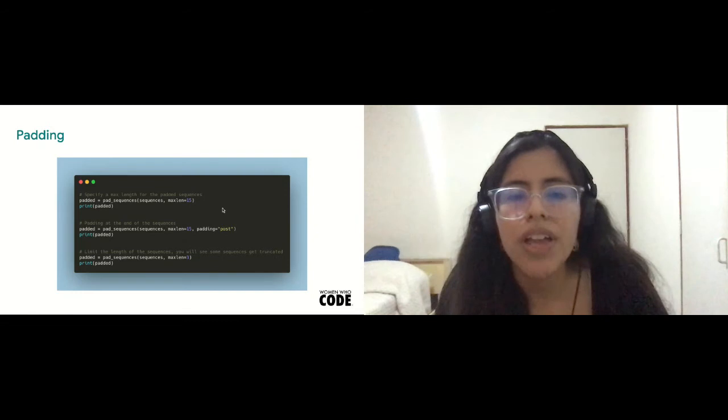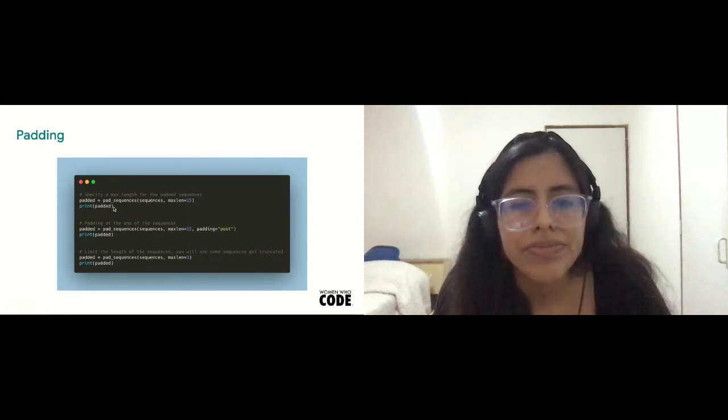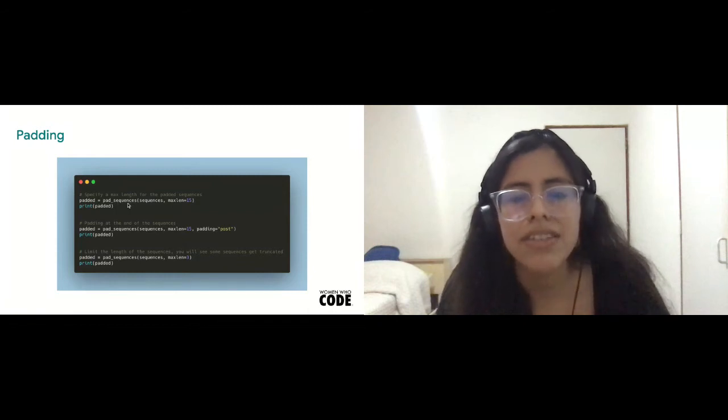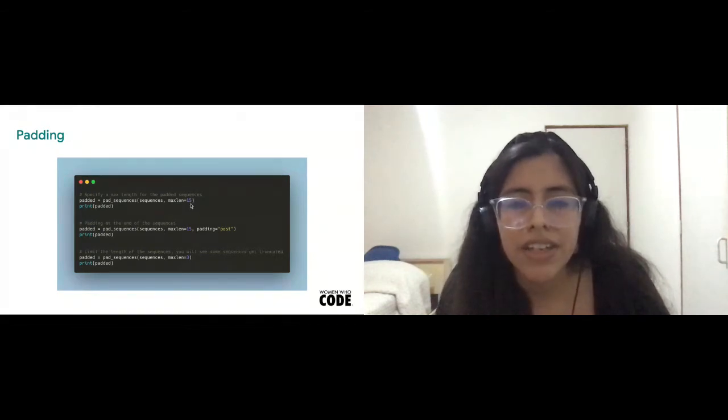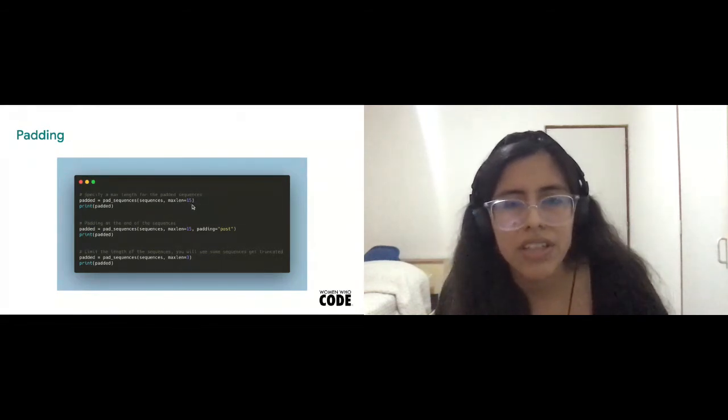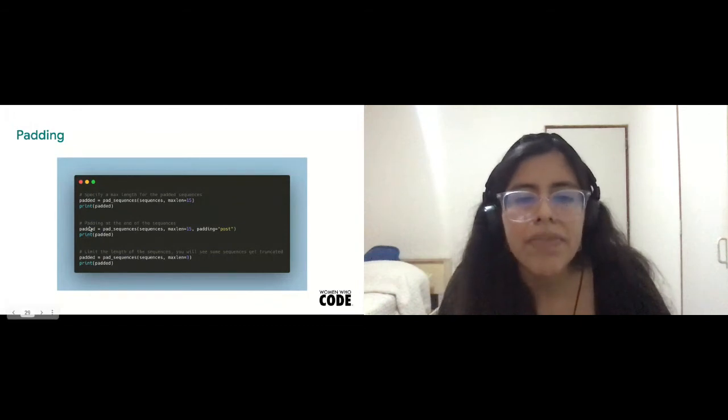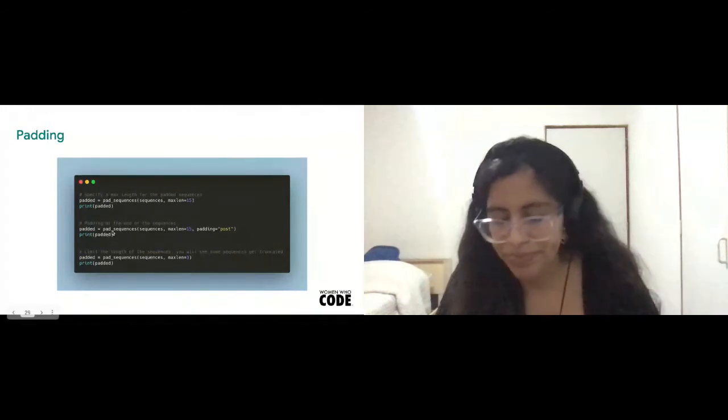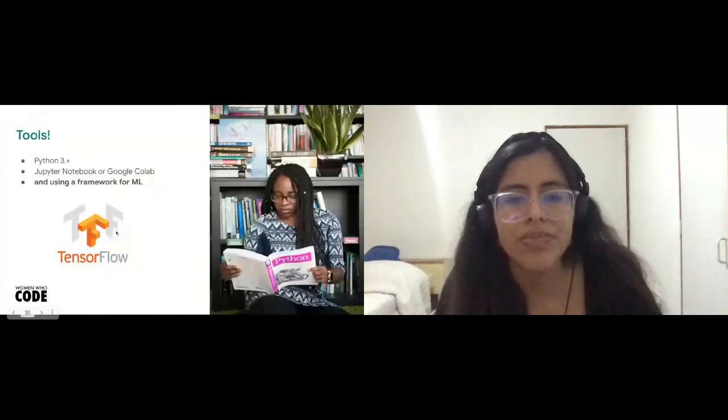For example, each sentence has a max length of 15 characters. And then in this example, add padding at the end, or add zeros, in each sentence.